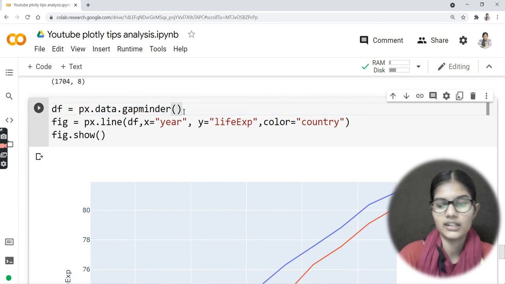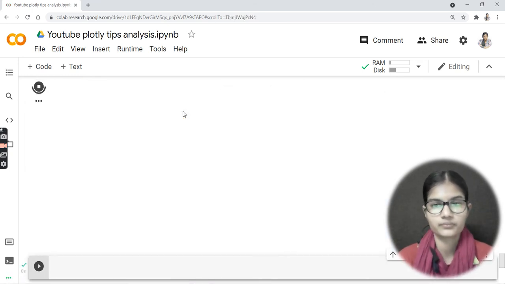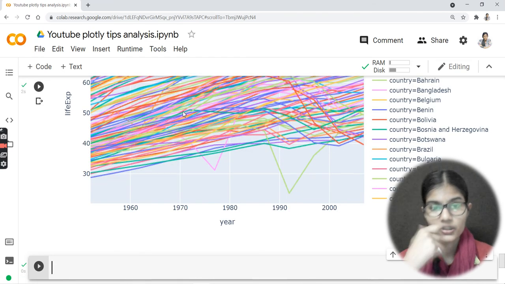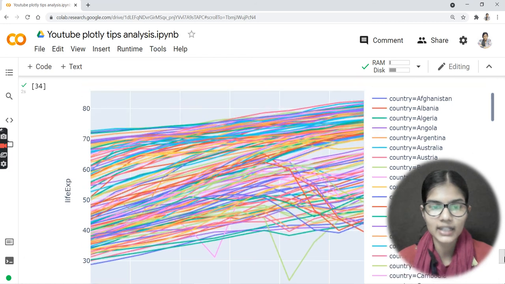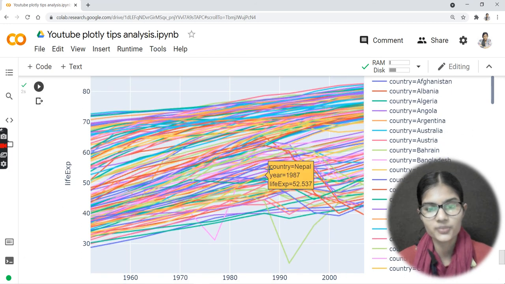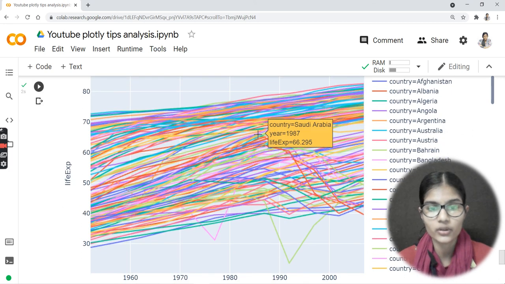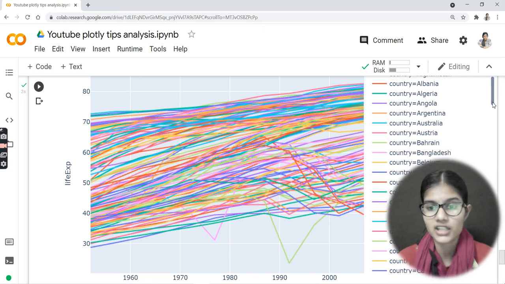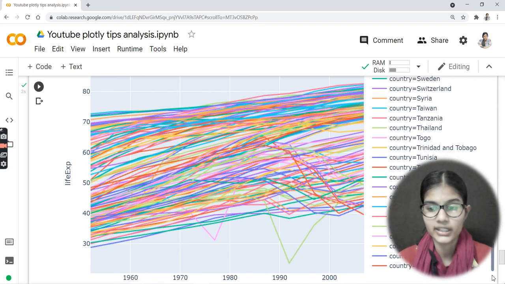Let me remove this condition and run it. First of all, it will take too much time for plotting this particular plot, and now just have a look. Can you understand any of the things from this plot? No, you cannot, right? Because it is giving you the data regarding all the countries it has. There are many countries, see, I'm scrolling it down.